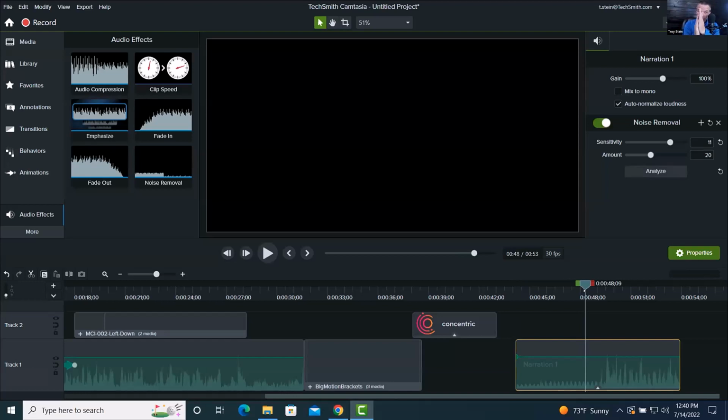Also, one of the reasons why it's really valuable to clap when you make a mistake, or even at the beginning of the recording, is because then you can use that spike to synchronize the video as well as the audio. So with that in mind, once I get it,